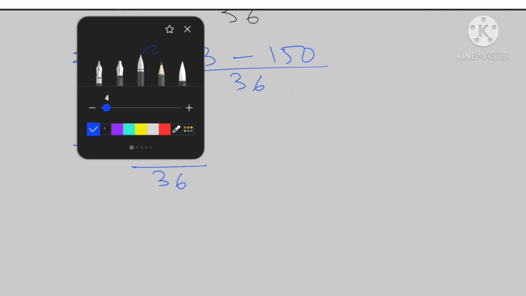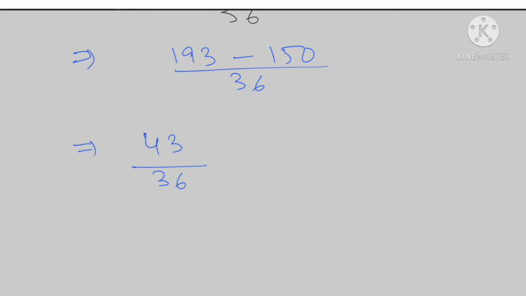You all can do the calculation. Now we cannot leave the answer like this, because the numerator is larger than the denominator. 43 is greater than 36. So over here we need to divide and convert into a mixed fraction, or if it is getting reduced, then we'll first reduce and then see whether it is getting converted into a mixed fraction or not. Since these two numbers are not getting cut, okay, and if you haven't watched my videos on reducing fractions, I'll leave the link in the description box. Please go through that and then come back and solve this problem.